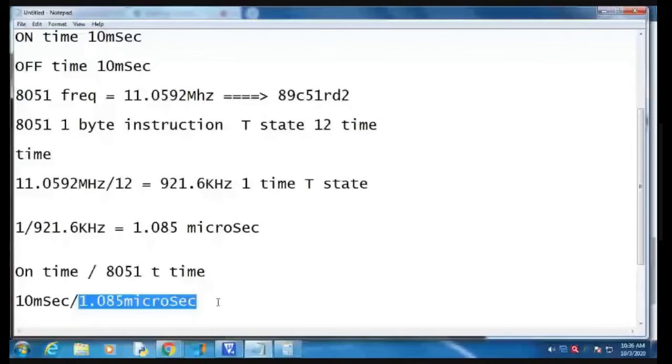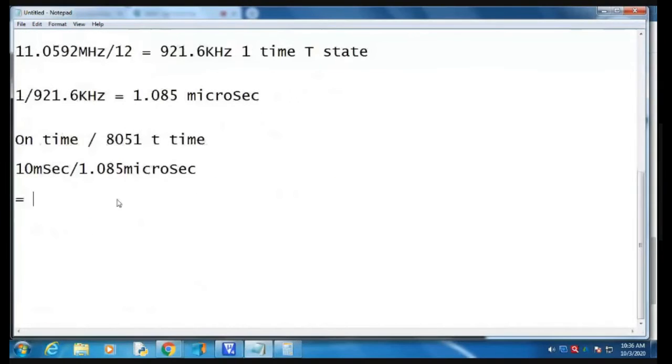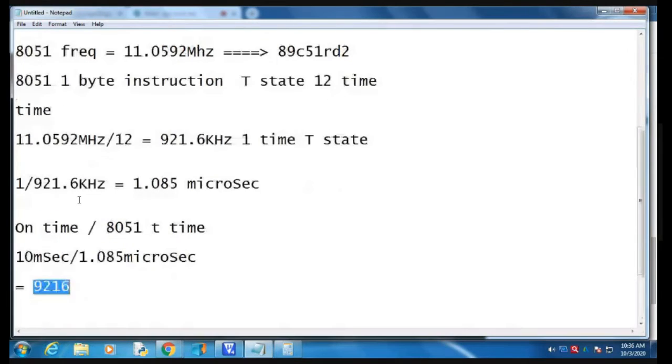The answer is 9216. 9216 is the total count for the on time.